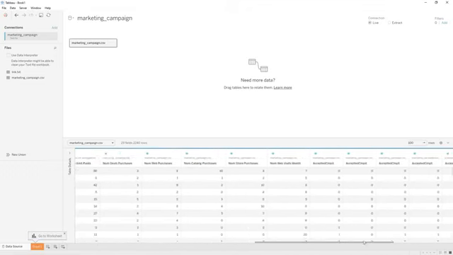Once we have imported our file, which is marketing campaign, we can see that we have 29 columns or 29 fields and 2240 rows. So here we have all the different columns that we have just seen, right? Now we are going to create our first worksheet. So we click on sheet 1